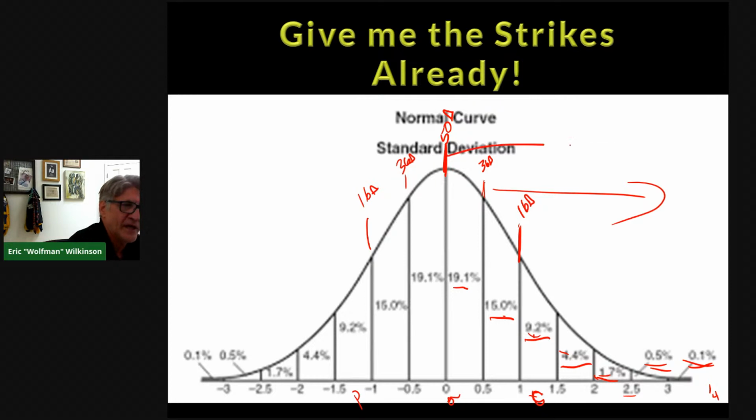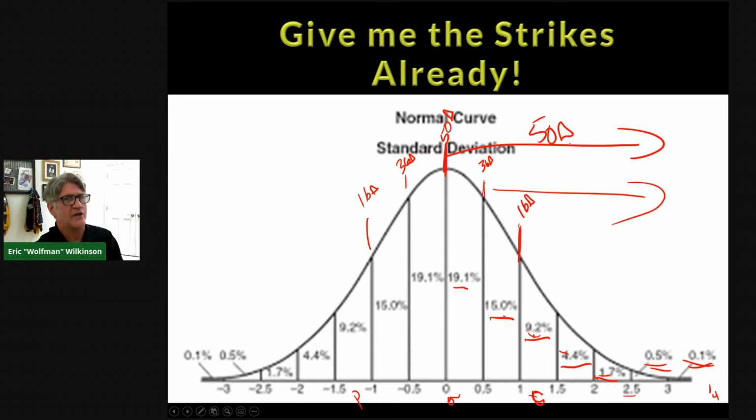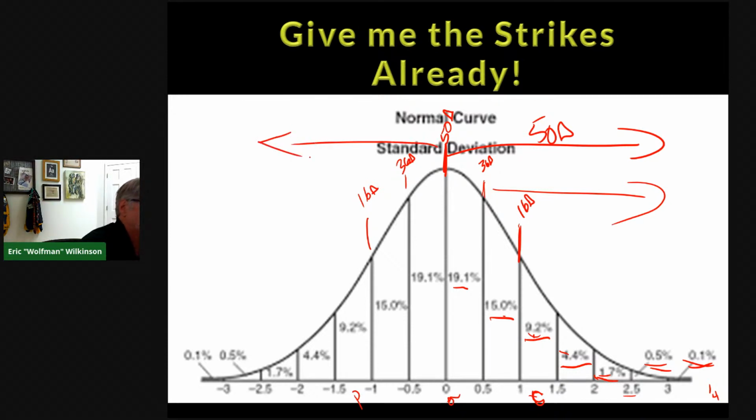Basically, everything from here that way is 50% or 50 delta. Standard deviation, folks, and delta are the same thing. And if you add up all the probabilities going that way, that's 50. And it's a 50 delta. All right. Now, one thing we will notice with this is you can think about